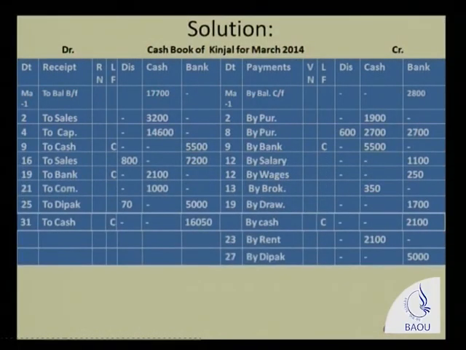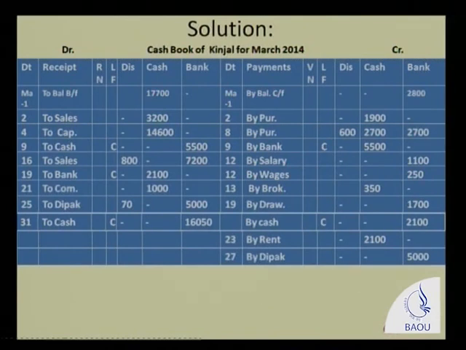Now see another transaction, that is 25th. Deepak issued a check of rupees 5,000 towards the payment of an old debt. Maybe they had a past transaction of old debt of rupees 5,070, and Deepak issued a 5,000 rupees check for the payment of 5,070, which we deposited in the bank. Now see how it would be recorded on the receipt side, because ultimately we received a check.